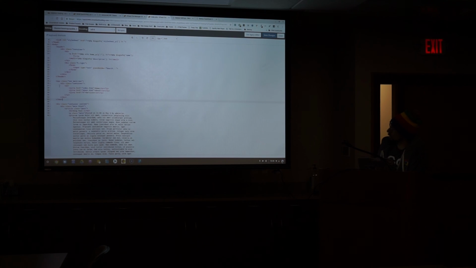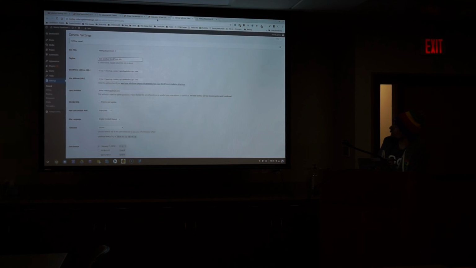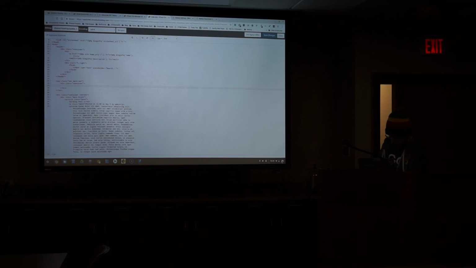First thing we're going to do is just get rid of this list here. These three list items right here, index, about, and that little star, that's what's showing up right here, these three. And we're going to get rid of that and we're going to WordPressify it. To do that, we're going to pull